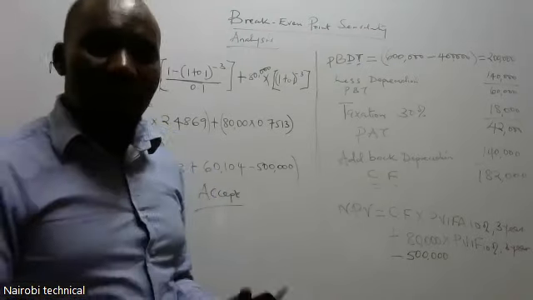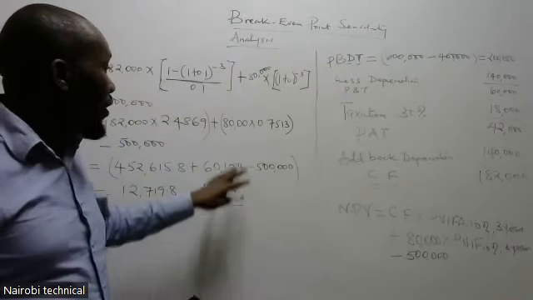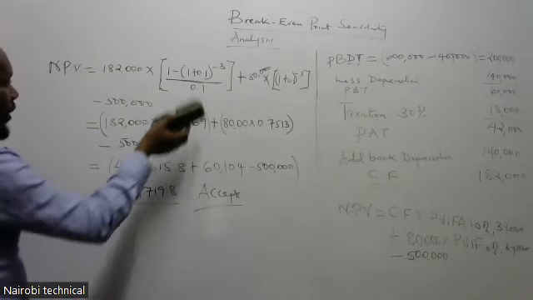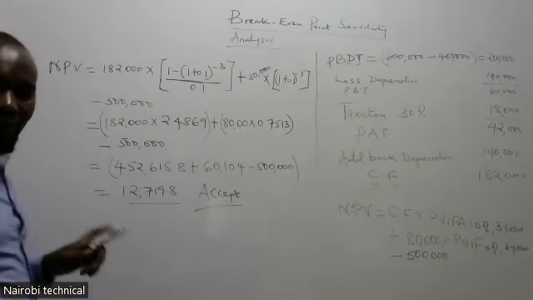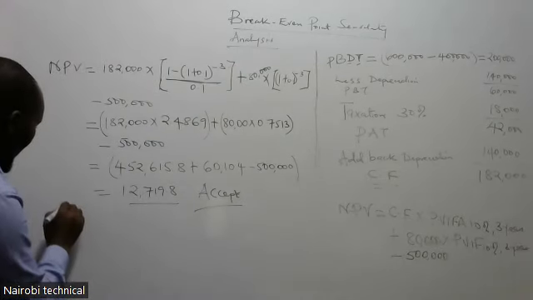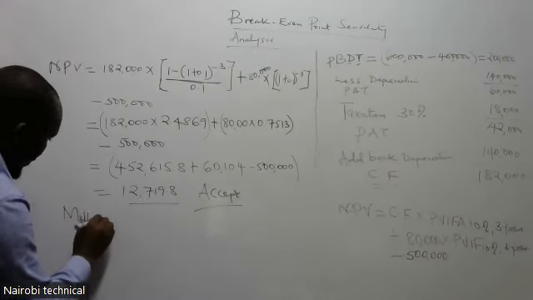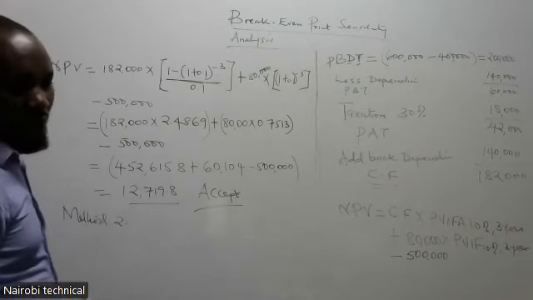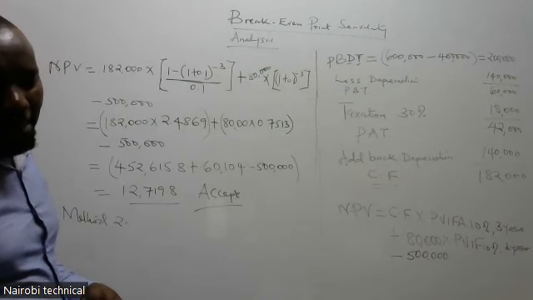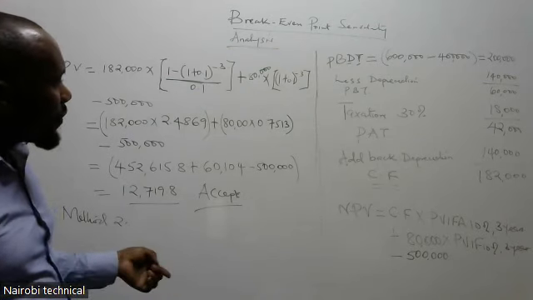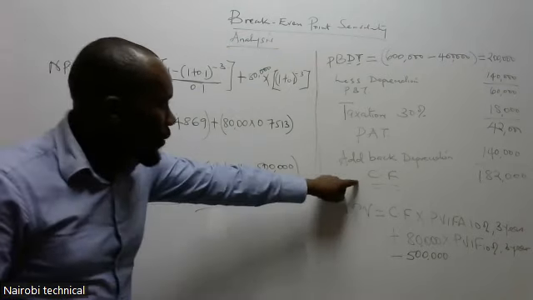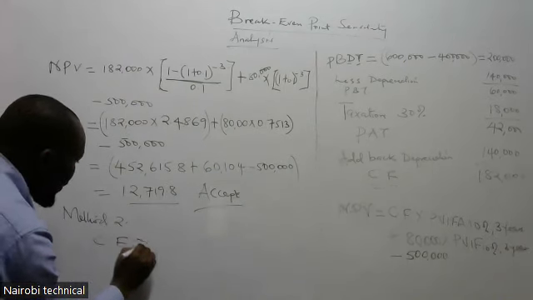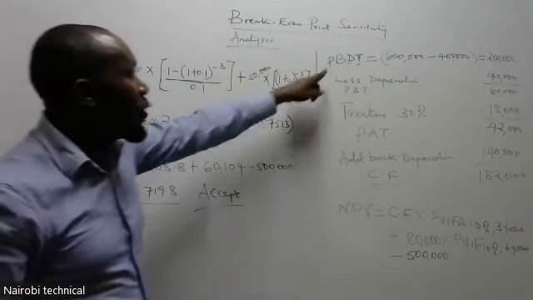Now, let's look at method number 2, which does not go through all this. This one I hope that you copy. So let's just go to method 2. So method 2, how do we normally reach at the cash flow? How did we get the cash flow? So they are saying that cash flow is the profit before